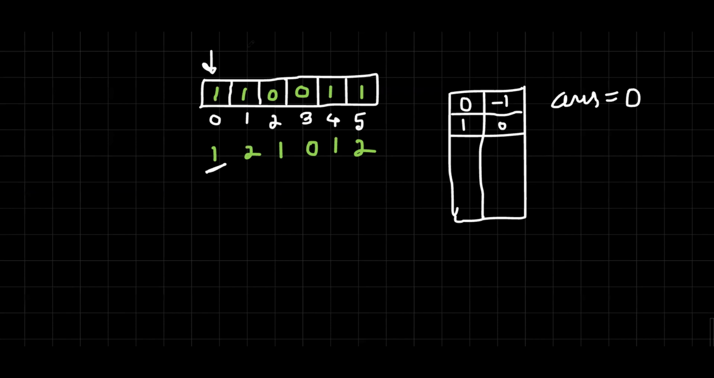Now, for these positions, the net value is 2. So we have to check whether the value 2 is presented in the map or not. Here, the value 2 is not presented in the map. So we have to store the value 2 with the corresponding index number 1. Now, for this element,